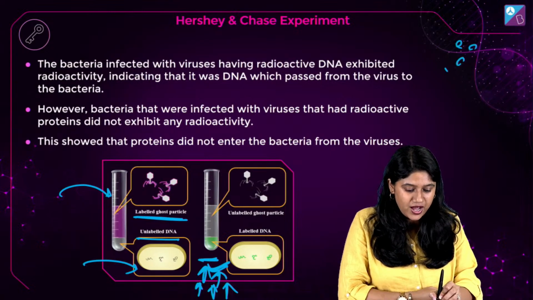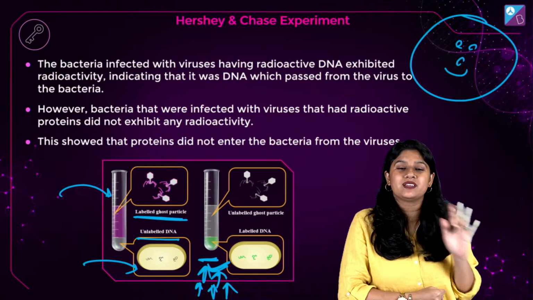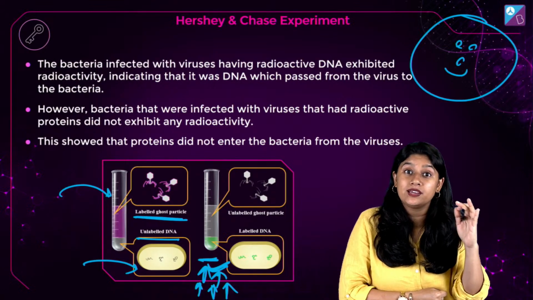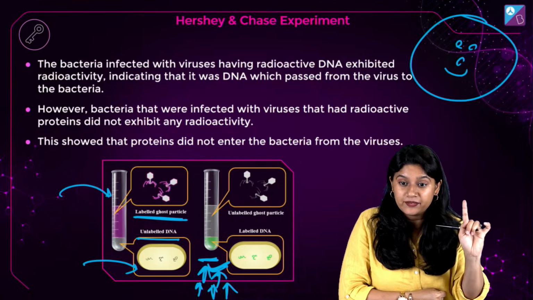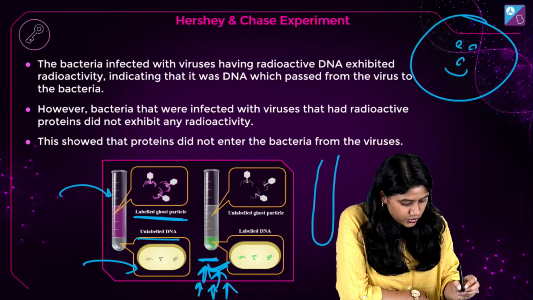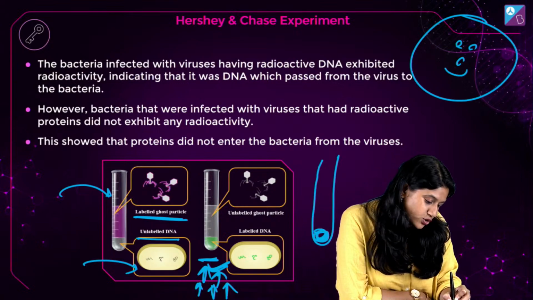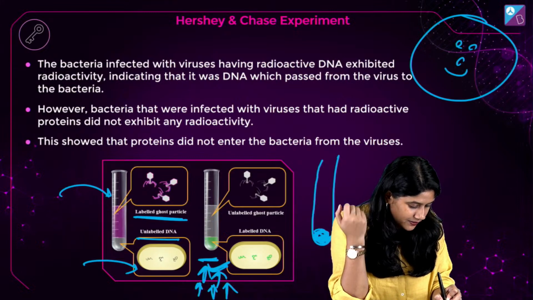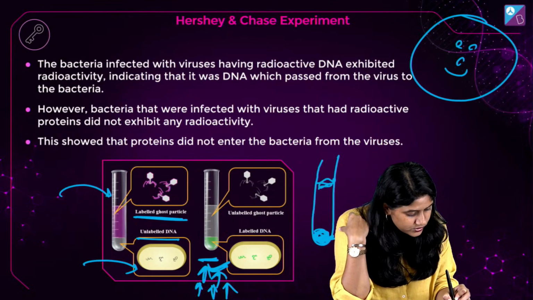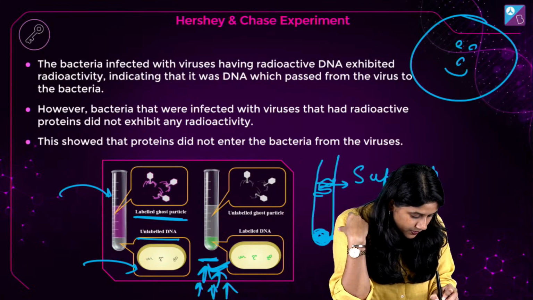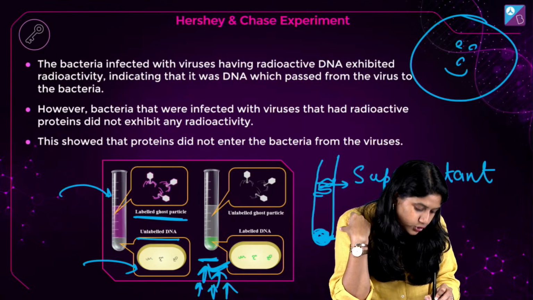Happy faces everyone. अब जाके साइंटिस्ट को शांति मिली कि हाँ भाई, जो हमारा डीएनए है ना वो ही जेनेटिक मटेरियल है. एक और चीज जो आई थिंक आई जस्ट मिस्ड ओवर हियर, तो यहाँ पे दो चीजें होती हैं. जो नीचे वाली जो मॉलिक्यूल्स जो बॉटम पे रहते हैं उन्हें हम क्या बोलते हैं? वी कॉल देम एज दी पेलेट, एंड जो ऊपर हैं उसे हम बोलते हैं सुपरनेटेंट. ओके, सो यू कैन नोट डाउन दिस बच्चे.